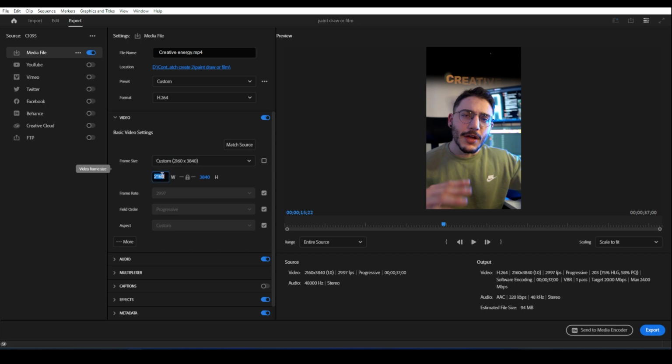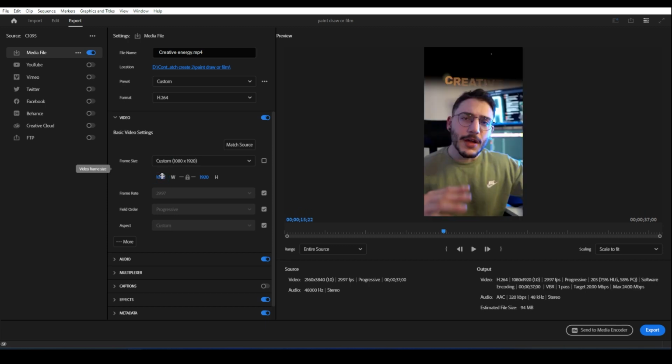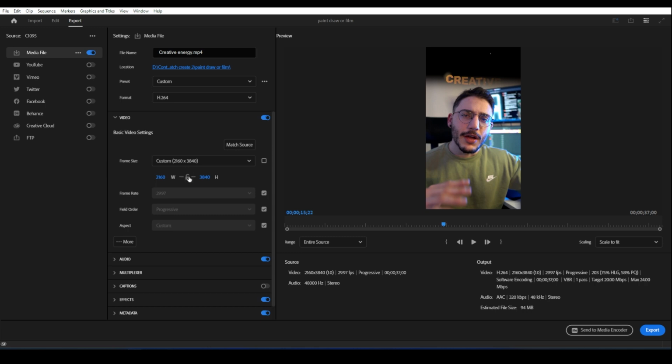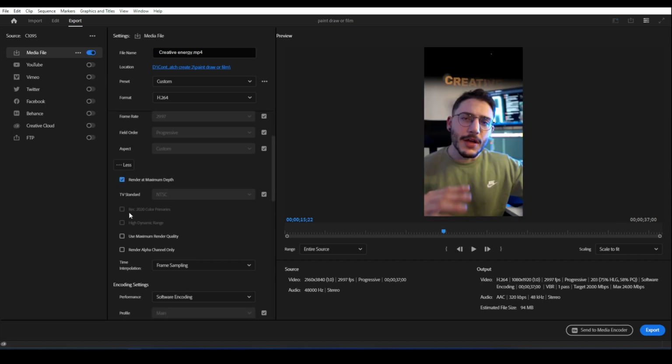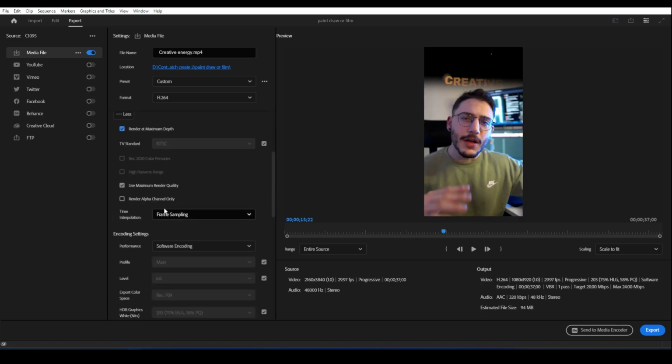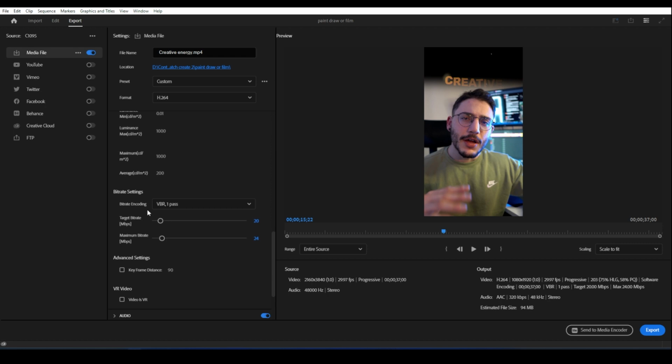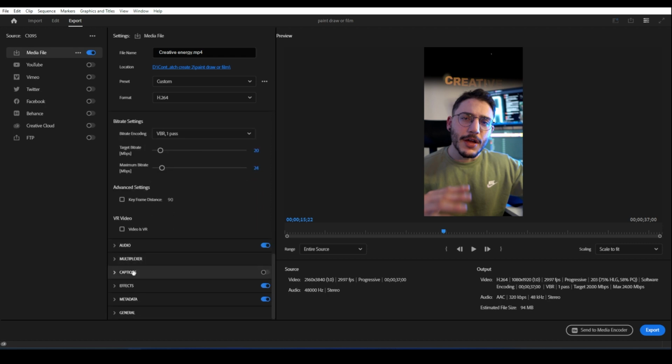So I film in 4K, but when I export, I use 1080 by 1920 because the social media websites are using this width and height. Click more, render at maximum depth, and use maximum render quality. You don't need to change other things. Pretty much, even if you change it,